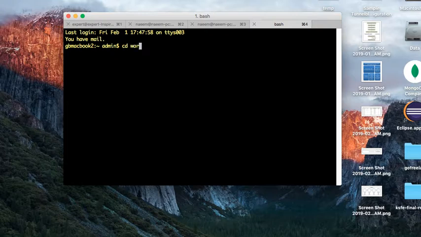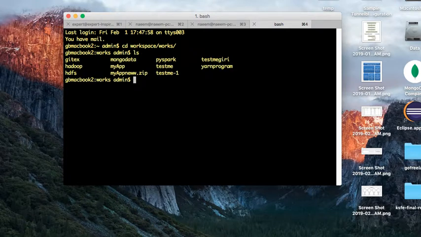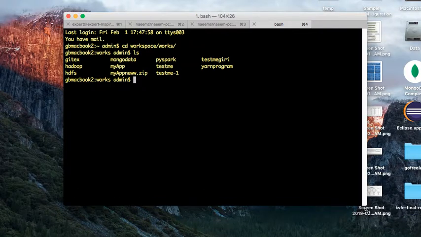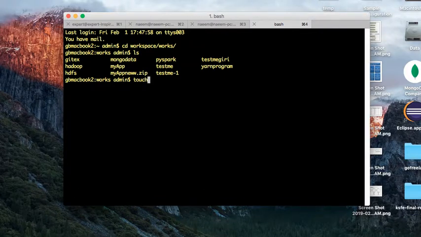So for example, I'm going to one of my works folders, and when I give ls, yes, there are some files there. I'm creating a file by giving the command touch myfile.txt. If you want to put some content into that particular file, you may use the command echo, and then something you want to put into that file. You can give some content here, say hello, how are you,